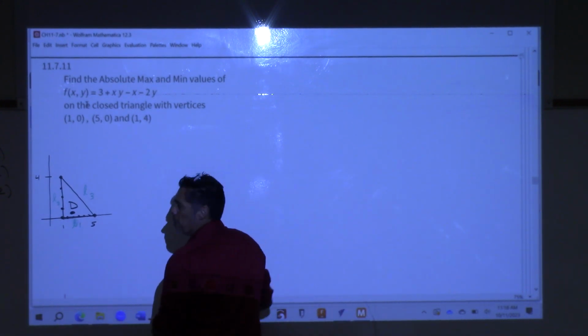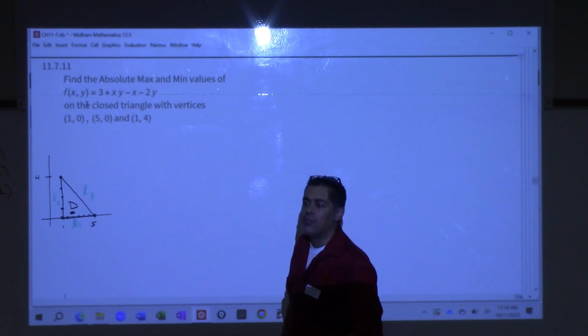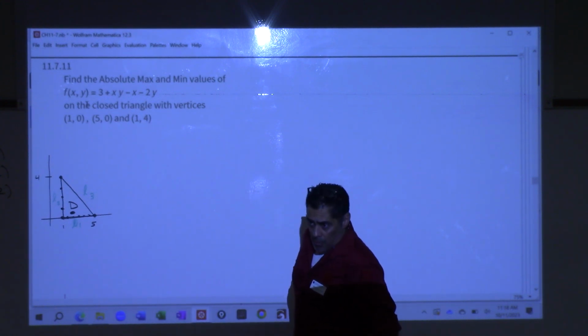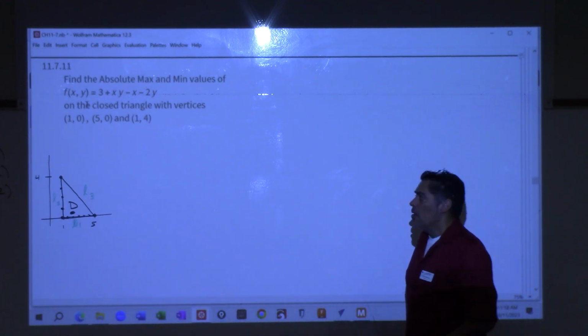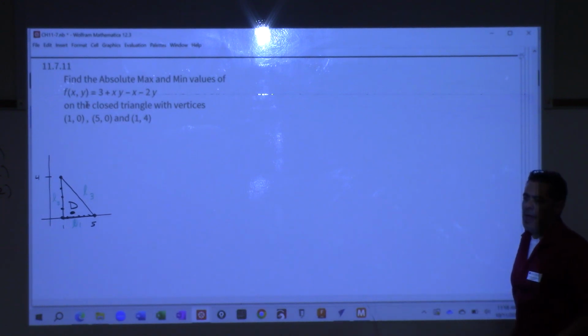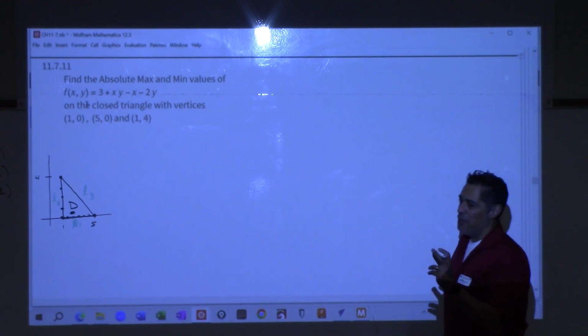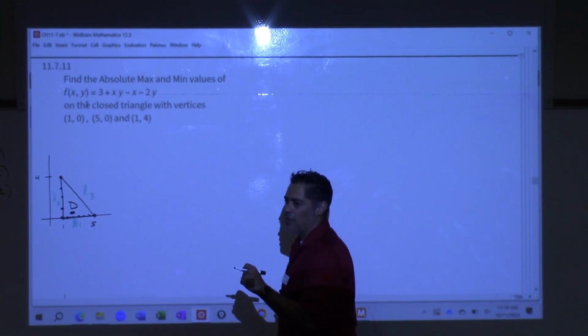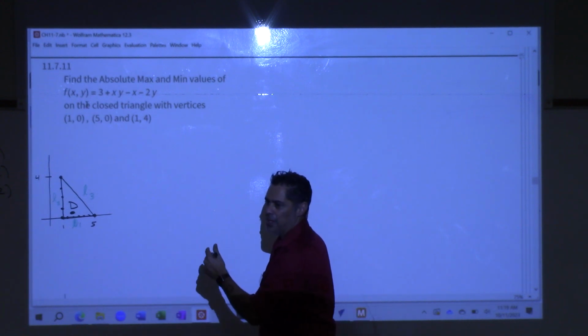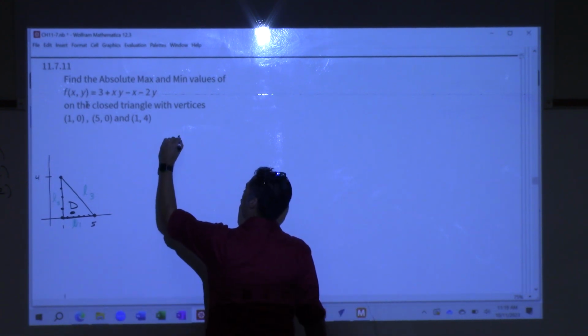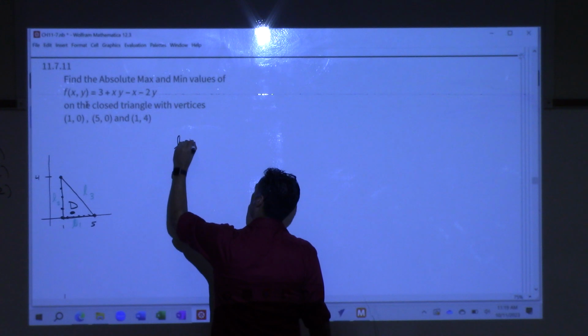Why can we not already assume we have all the points? How can we assume? Why can we not already assume we have all the points since we have all the vertices? You're assuming that the max or min has to occur at a vertex. I mean, they all are linear. Well, they've all been linear so far, but they are not going to all be linear as you're about to see. Okay. So on L3, right, on L3,